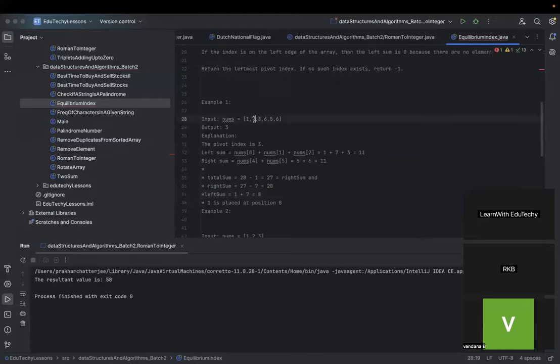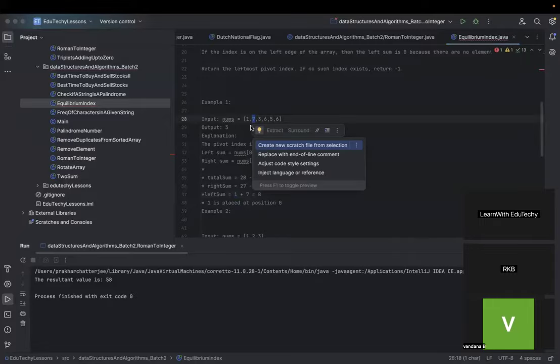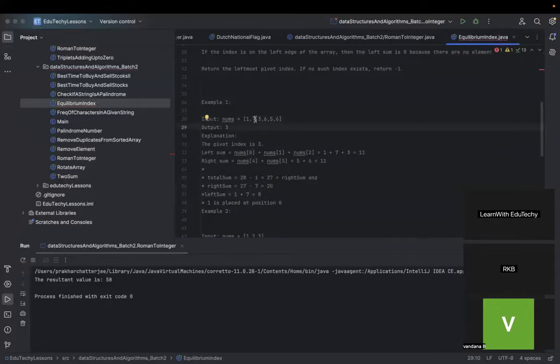I'm at this position. When I'm at this position now, Vandana, my left sum has to become this, and my right sum has to become this. Correct? But I have to check, what if I have to return this index, my left sum has to become this 1. So that is why before adding 7 to this 1, I already checked whether my 1 is equal to this